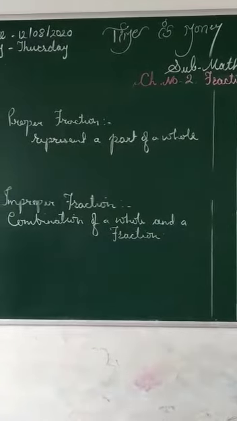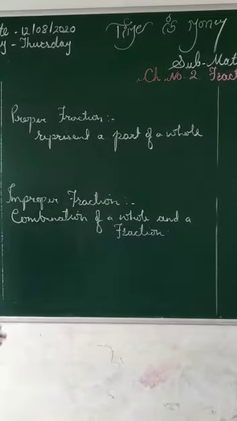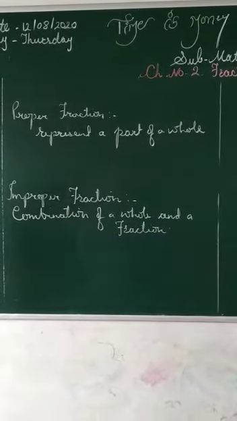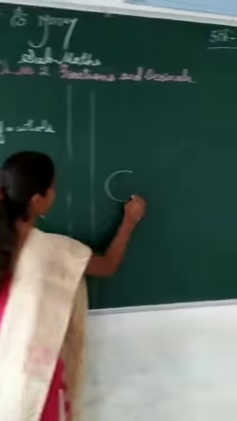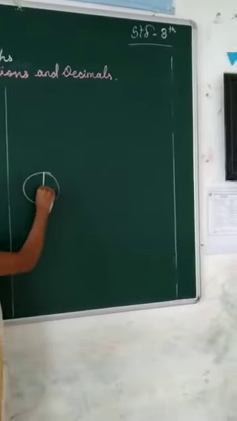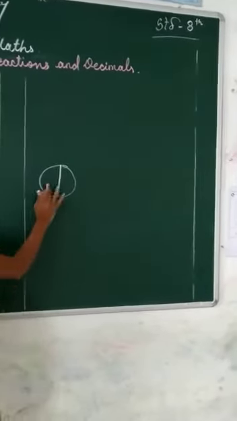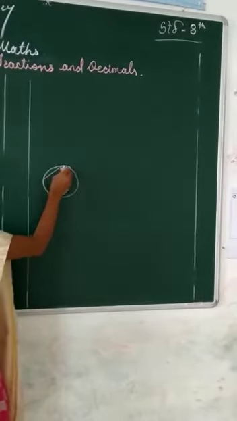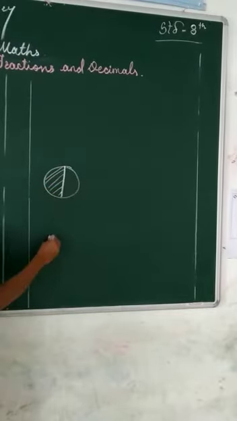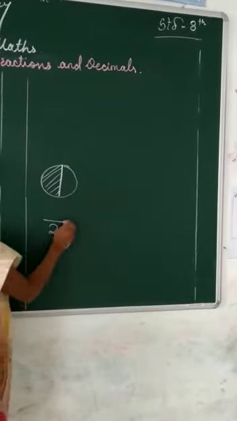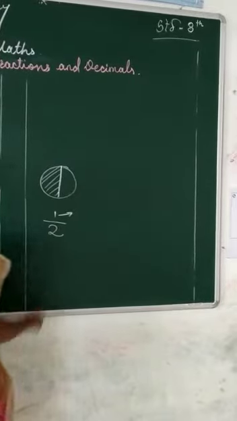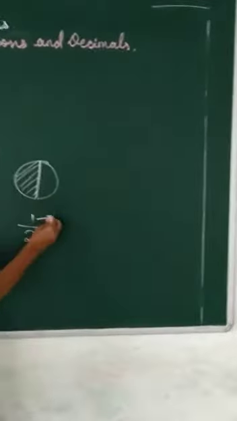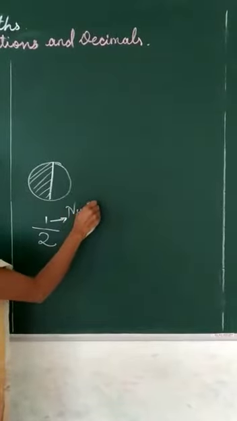So, what are fractions? A fraction means an incomplete number, which represents an incomplete value. Suppose you have one paratha in your lunch box and you have made 2 equal parts of that one paratha, and out of that you have eaten one. So how many parts have you made? 2. And out of that, how much have you eaten? 1. So this eaten up part, the selected part, is called the numerator.